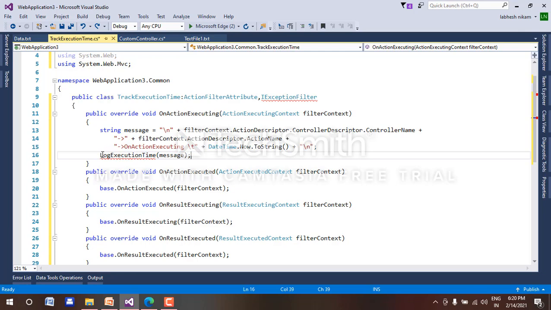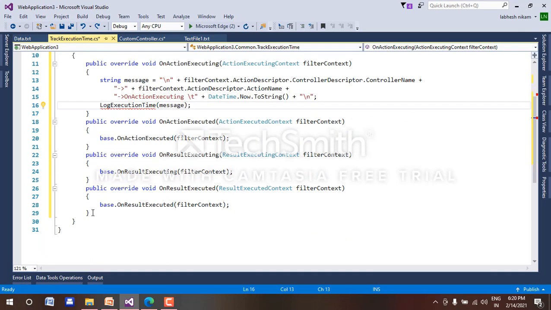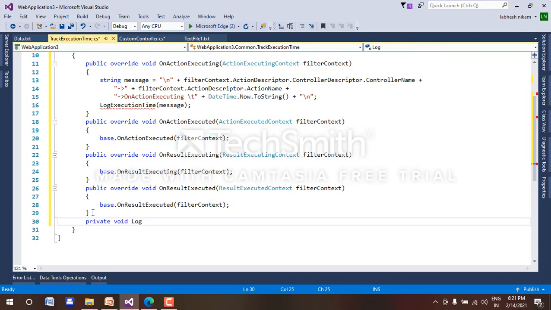We have not created this method, so it displays the error. Let's create this method of the log execution. So private void log execution time.